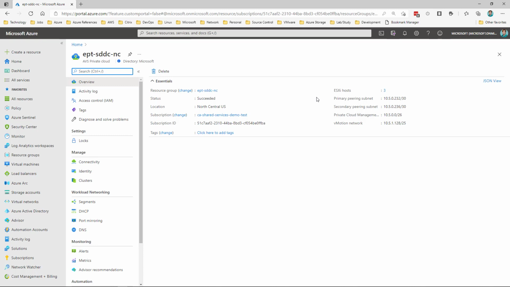It did the carving up of the subnets. This is the primary peering subnet. This is the secondary peering subnet. This is the private cloud management network, and this is the vMotion network. I did not specify anything. All I specified was that /22 network, and I tied it to a virtual network that actually is